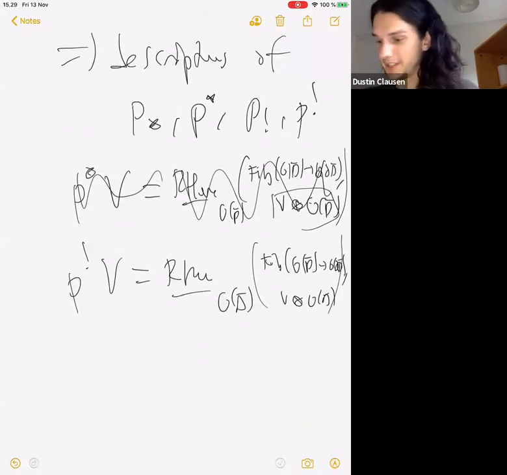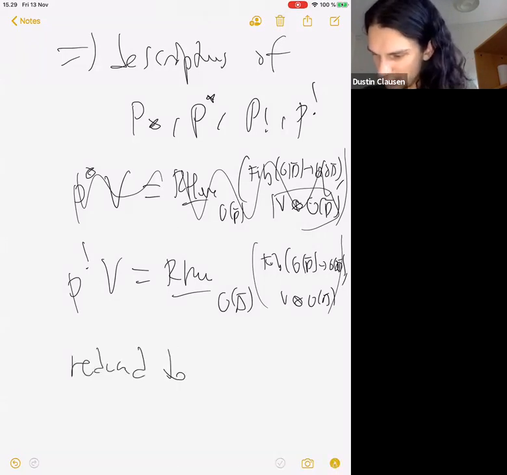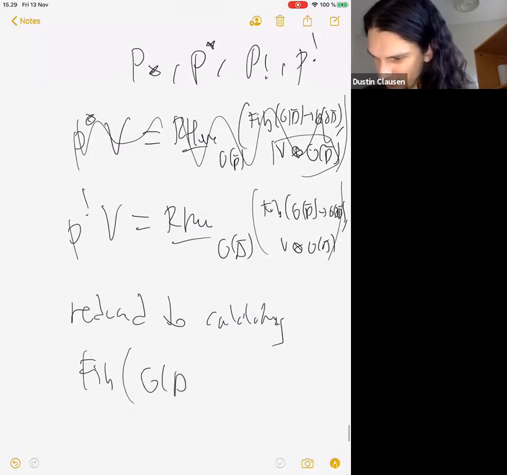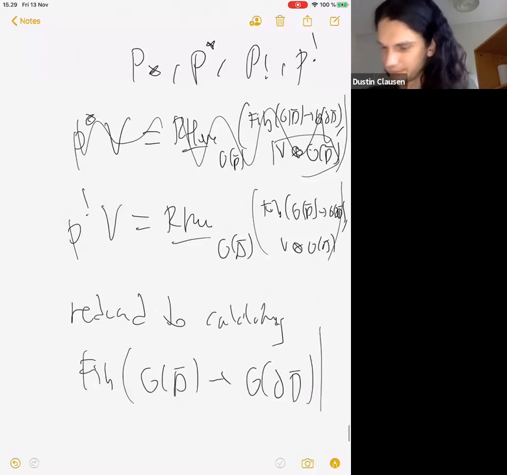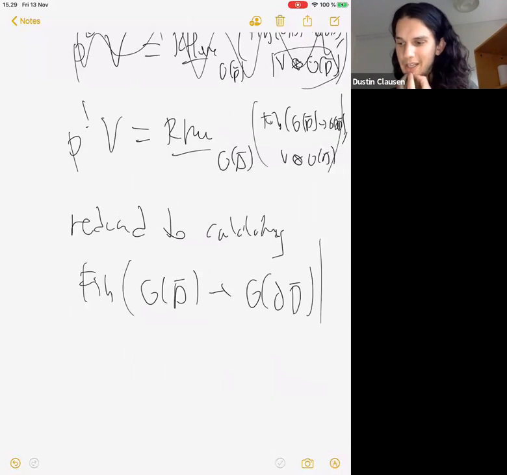Yeah. So the point is, you're essentially just reduced to calculating what this fiber of O of D hat mapping to O of boundary of D hat. Yeah, and this is actually just a calculation you can do on the level of rings of convergent power series and so on. And you can see that, well, I said fiber, it's a homotopy fiber. It turns out this map is injective, and the co-kernel identifies with, well, one forms on the, I guess what's